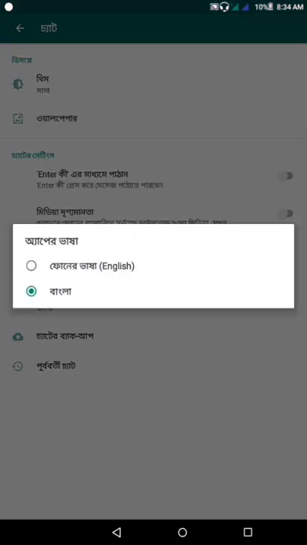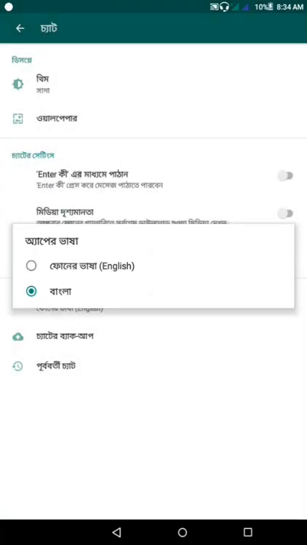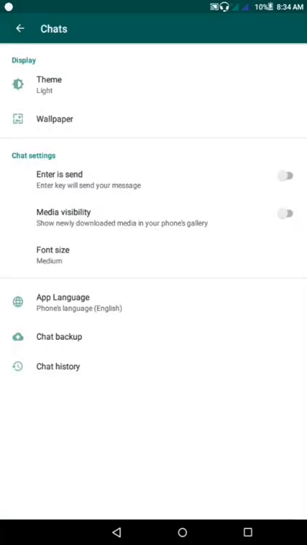Click on that and click on English. They will show you that in a bracket. So remember, always find this English to convert any language to English. To convert any WhatsApp language from any language to English, you have to find this English. Click on that, check that. Click on this radio button. So everything is converted to English now.